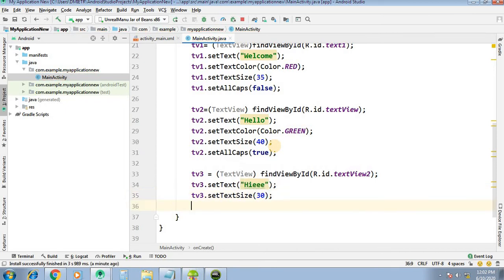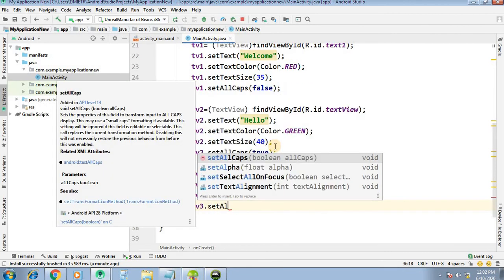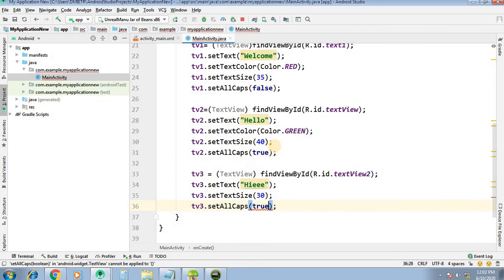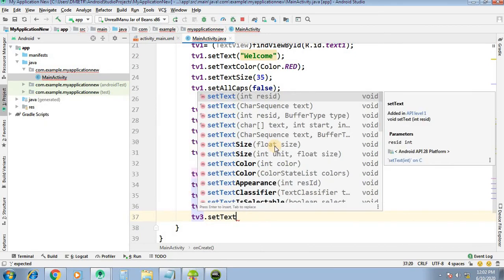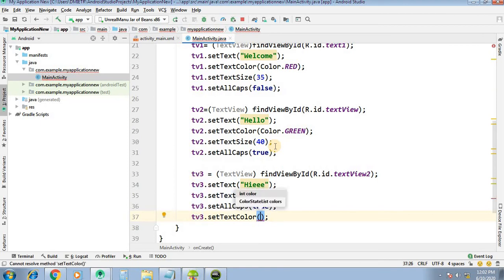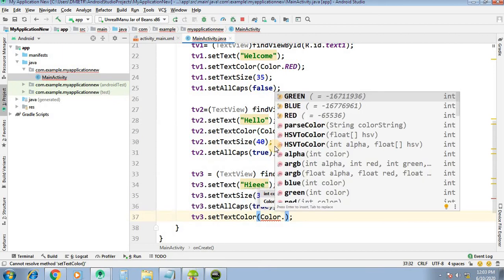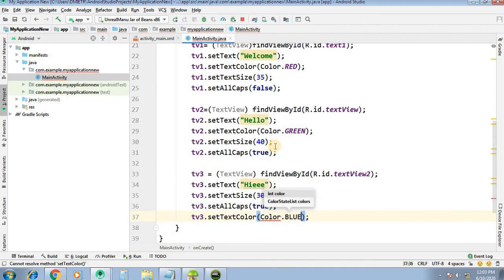And tv3.setAllCaps true, and lastly we will set the color. tv3.setTextColor, red, green and blue, we will set Color.BLUE. So this is what we have created, the text views.